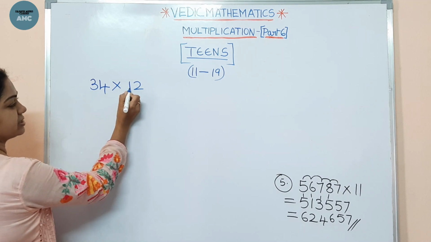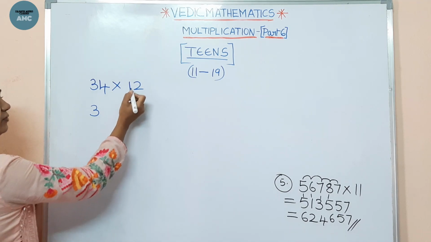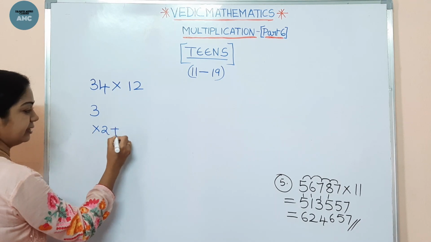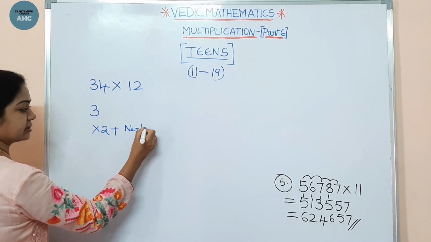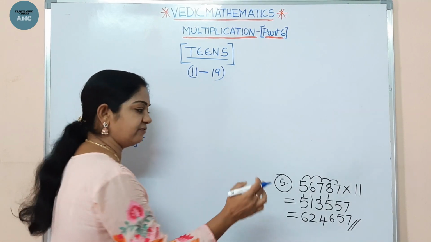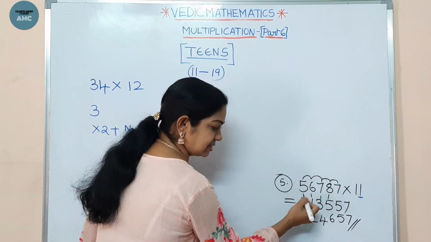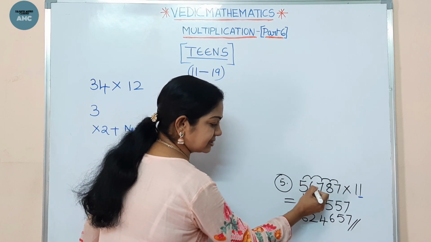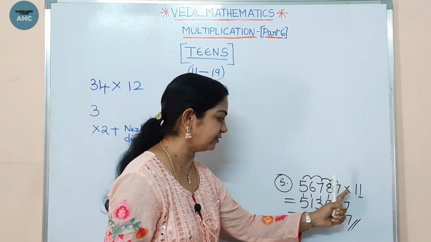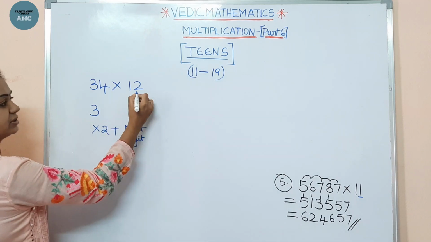How do we do it? First, just write 3 as it is. That means we are multiplying with 3. Now, for every number, multiply it with 2 and add the next digit. Here, even for this we have done the same way. We are multiplying it with 1. First number as it is, multiplying 5 with 1 plus adding 6, that comes to 11, isn't it? Multiplying with 1 gives the same number, so we keep on adding. Here this is 2, isn't it?